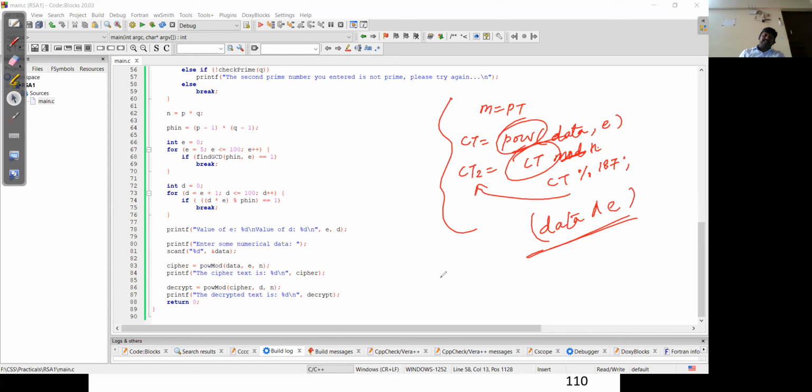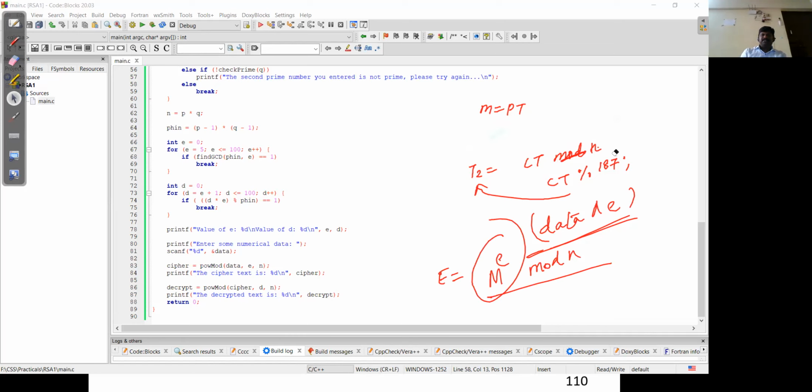What was the formula for encryption? m power e mod n. I can divide this into two parts. This can be implemented using, I'll check the eraser, the first part m power e, which can be calculated using this line of code: c is equal to, you can create this variable, and then power of m comma e.